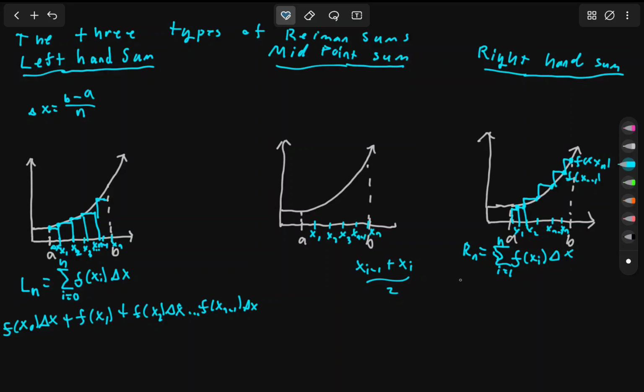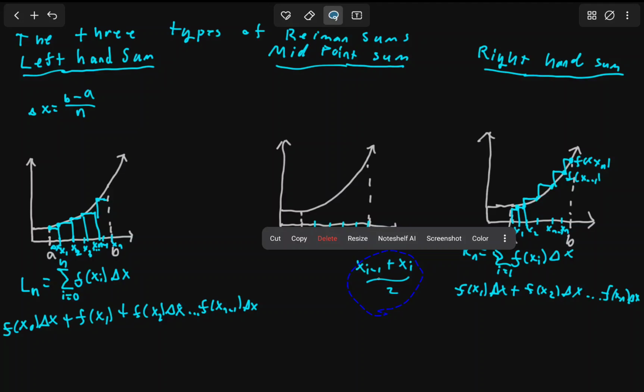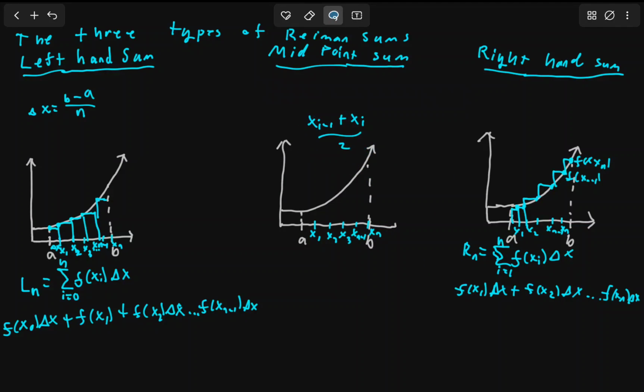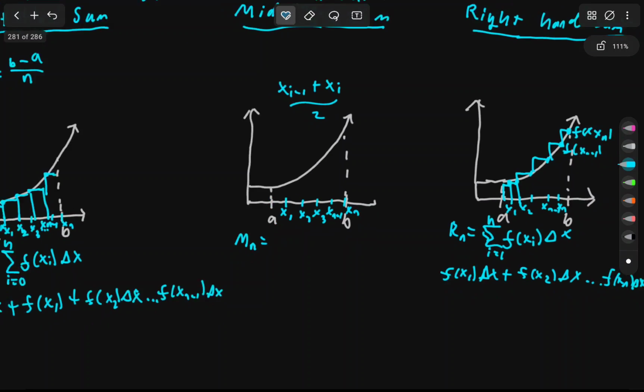And similarly, this can be written out as f of x of 1 times a change in x plus f of x of 2 times a change in x, and so on and so forth. But this time, we reach f of x of n times a change in x. So you might be asking yourselves, what might we use for this third midpoint sum? And the answer to that is we're going to say the M of n, with M representing the amount of rectangles, is going to be the sum